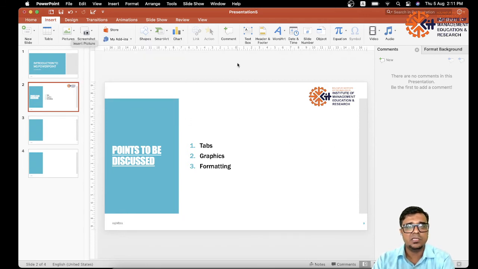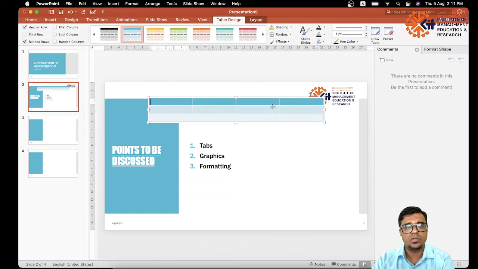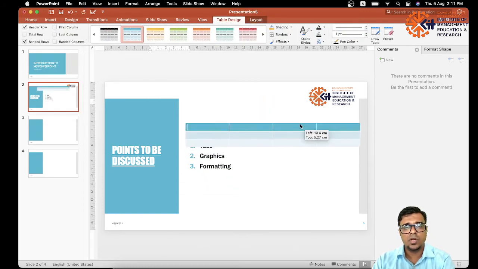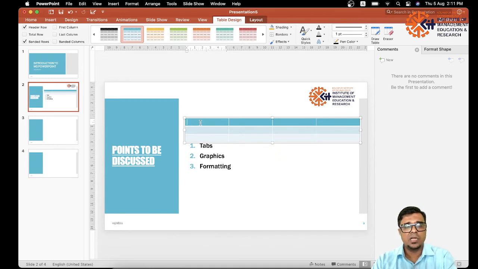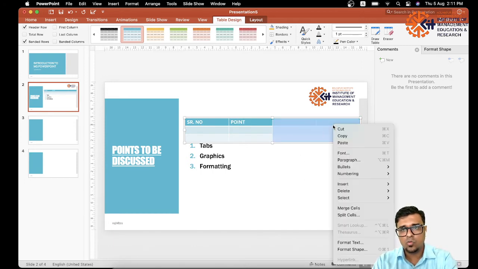I can add pictures, like which I've shown over here, which is the logo of my institute. I can add a table if there is a tabular presentation you want to include. So you can just go on adding tabular presentation. Here I'll write serial number, point, okay, and I'll just remove this. I don't want this. So delete,